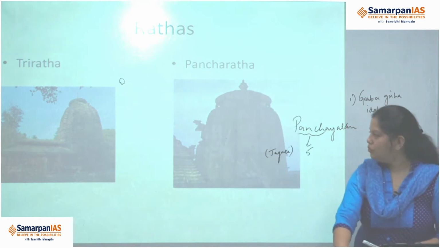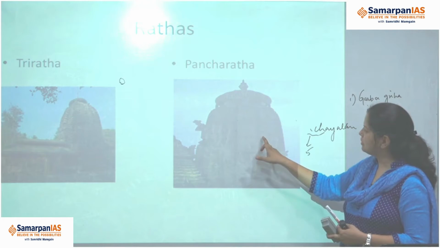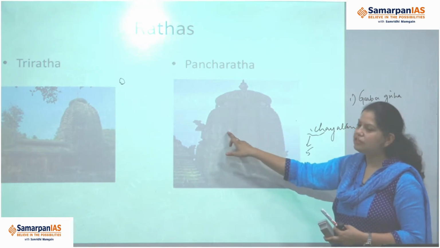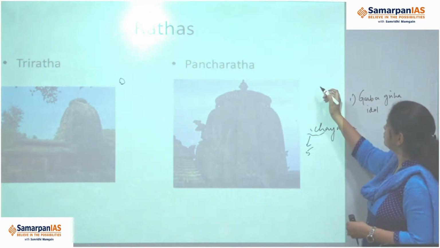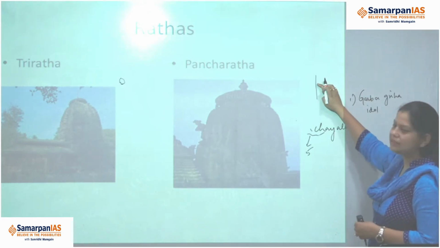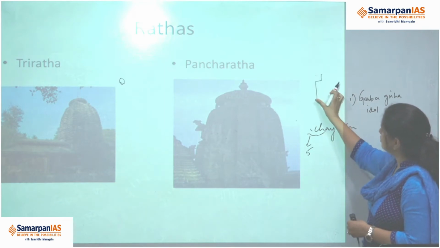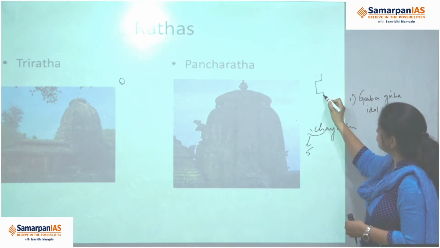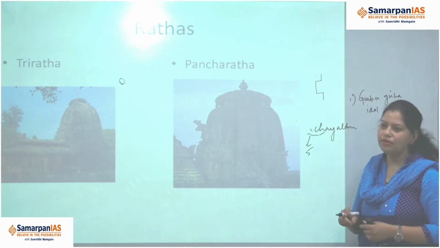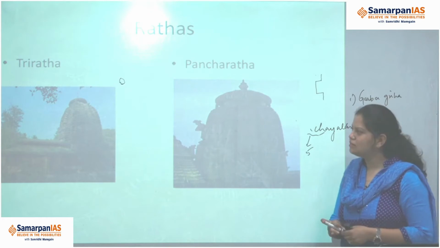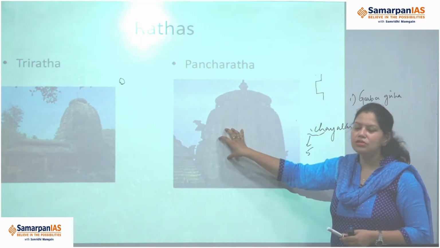Now one more thing was done: this temple wall, can you see, is divided into a number of vertical planes. If this wall should have been like this, but now it is divided in such a way as to make it three panels, 1, 2, 3. Why? This is for decorative purposes. So more and more sculptures could be added.